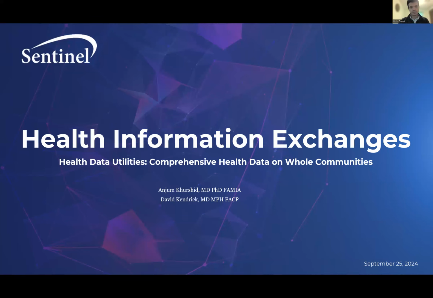So clearly, the two experts that we have invited today and who have kindly agreed to speak have years of experience collectively on health information exchanges, and we are really keen to learn from their expertise on this topic. This really represents an area of keen interest for the Sentinel program because we are always looking for data sources that can help advance the mission for Sentinel. And so the title for the presentation today is Regional Health Information Exchanges as Critical National Infrastructure, Supporting Federal Agencies' Missions.